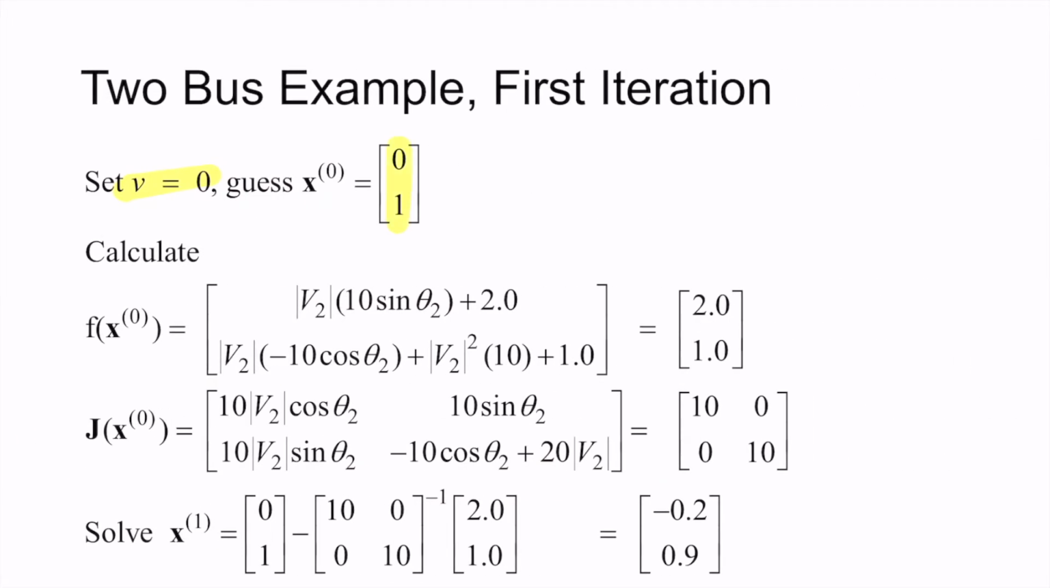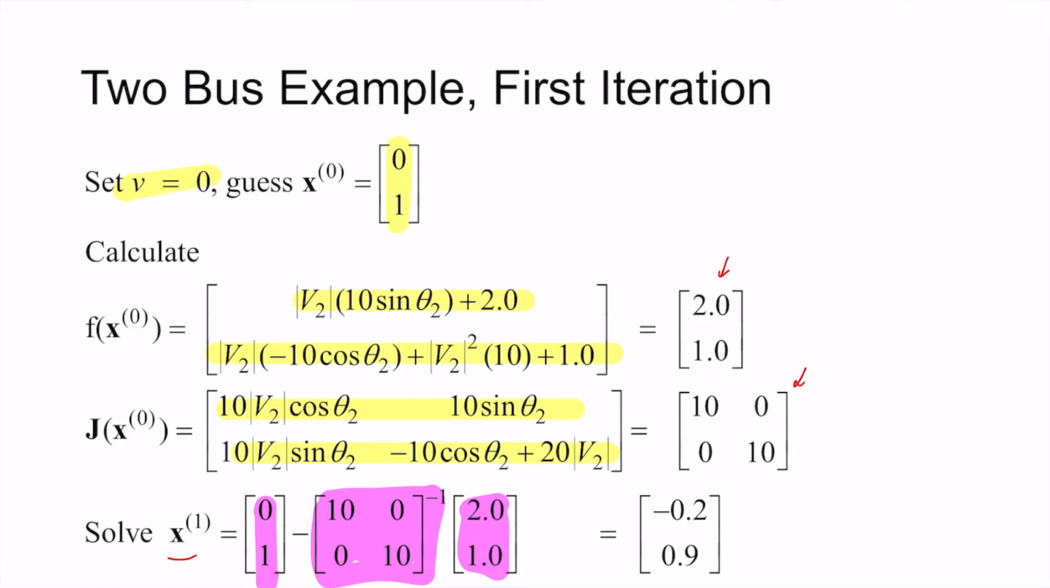This is my initial guess. Replacing these theta and v into the system, this is the function, this is the Jacobian. By replacing those values, I will have this for the function evaluated in 0, 1. This is the Jacobian evaluated in 0, 1. Then the first iteration with Newton-Raphson is this 0, 1 minus the inverse of the Jacobian times the function evaluated